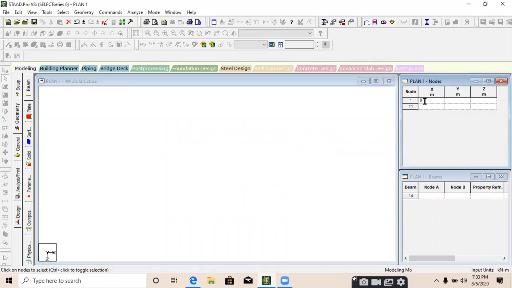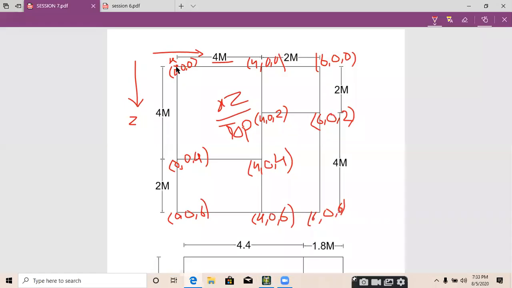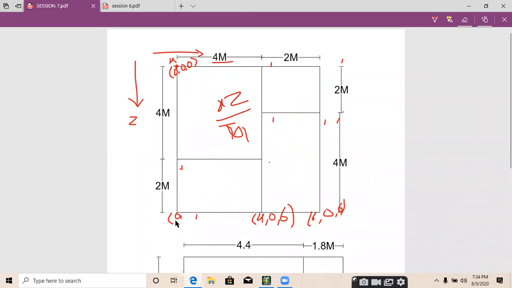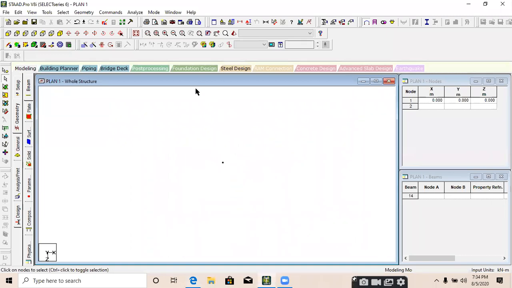First, we have to create one node at 0 comma 0 comma 0. Okay, this node is created at 0 comma 0 comma 0 over here. I just removed all the other coordinates.